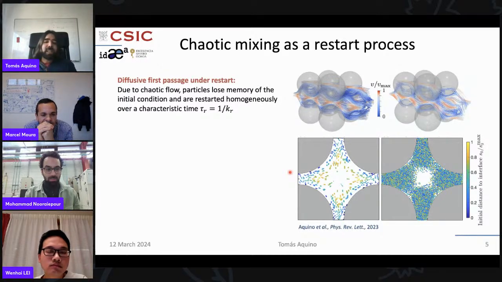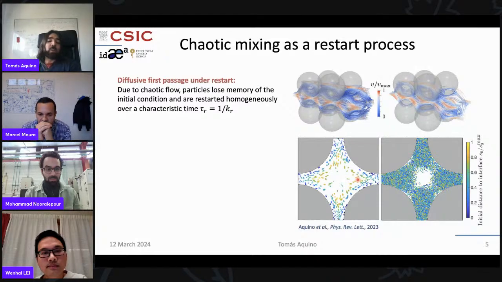And the idea here is that, if we look at these Poincaré sections, which basically show you how solid or tracer trajectories intersect cross sections along the BCC in this case, we see that, as expected, if the flow is non-chaotic, the distance to the solid surfaces, represented here by colors, remains more or less constant as we go through the domain. On the other hand, when we look at chaotic orientations, we get this very efficient mixing across the cross-section.